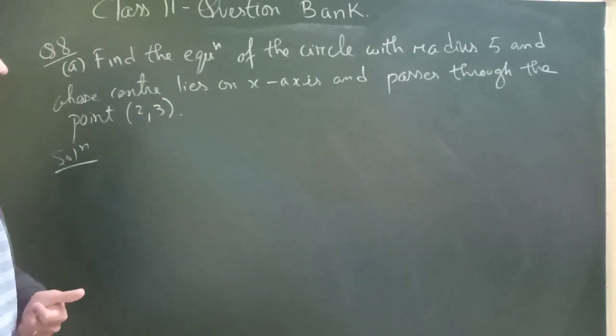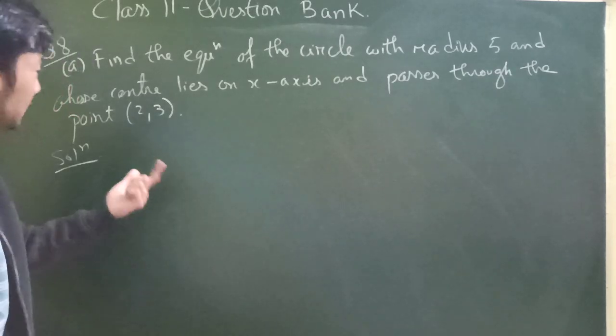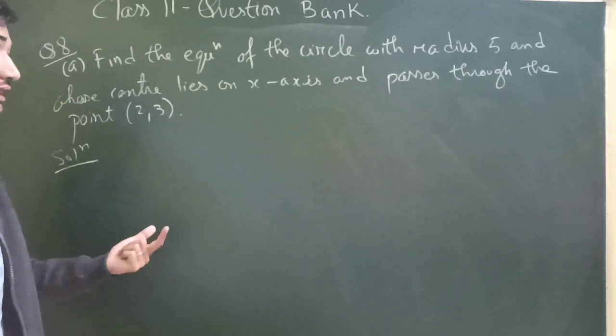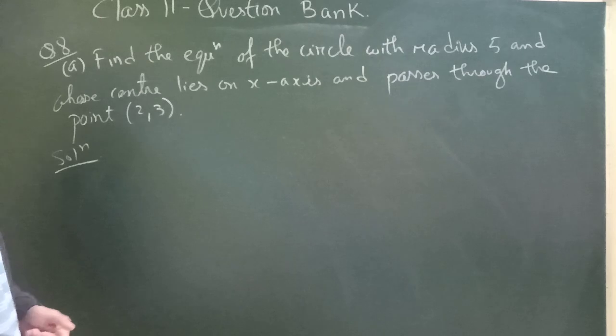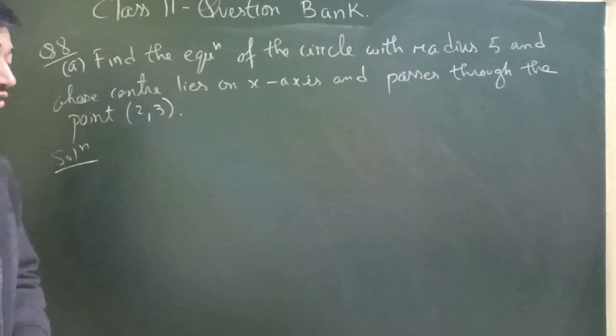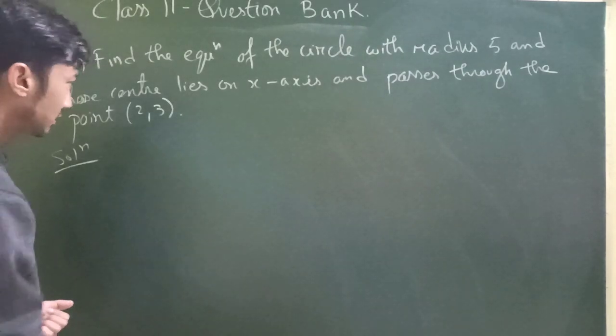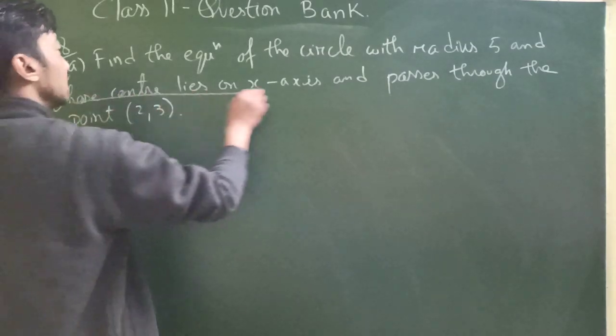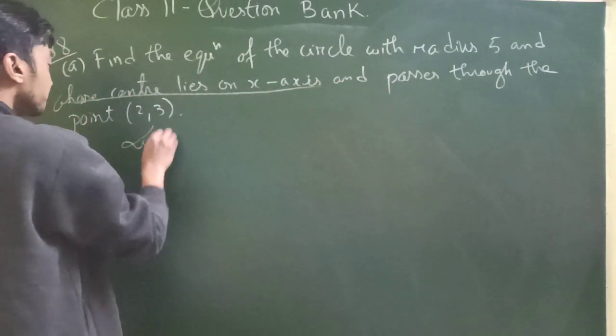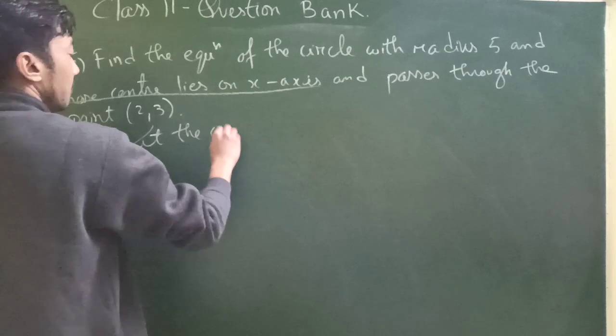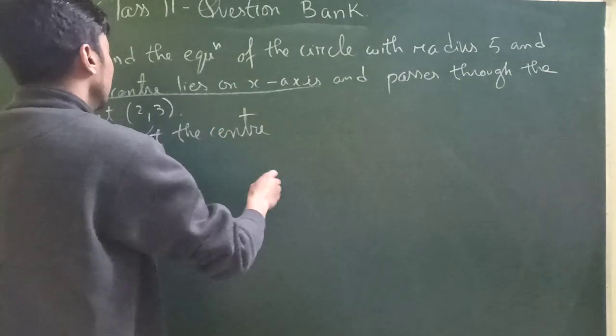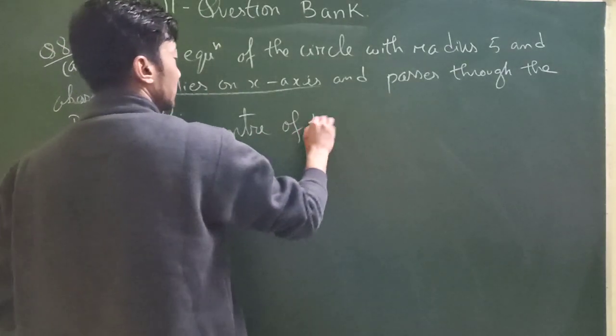So find the equation of the circle with radius 5 and whose center lies on the x-axis and passes through the point 2, 3. So this is a simple question rather. So it says, of course, first the center lies on the x-axis. So I'll do it using the standard form. So let the center of the